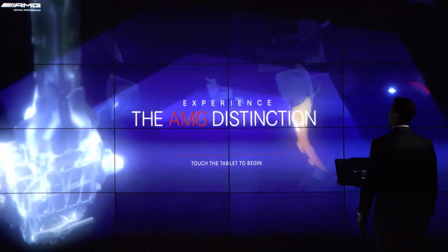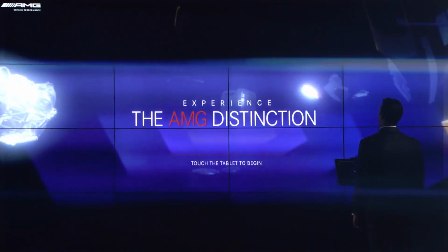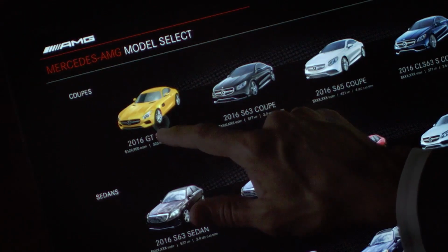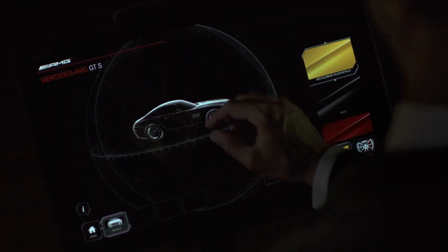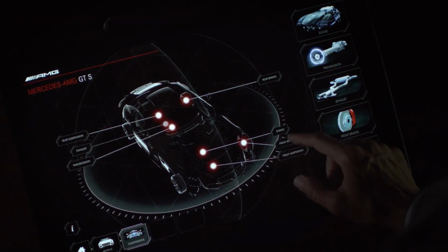Introducing the AMG Powerwall. All Things Media created this impactful multimedia experience presented on a massive 220-inch 4K video display. Unlike anything seen before in a retail environment, the Powerwall was created using raw CAD data and gaming technology. It showcases these amazing automobiles in vibrant detail and color, then lets you literally explode them, exposing the wonders within